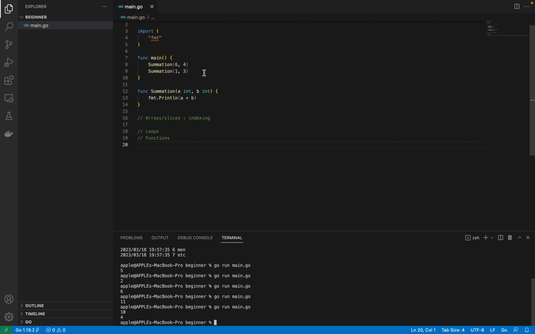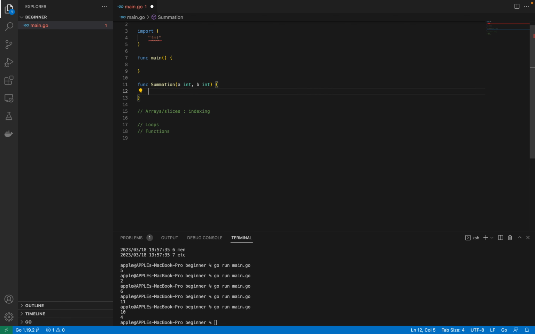Now let's talk about the return value of a function. Let's take this out. When you're talking about return value, you might not want to just print it out, because when you print it out you're basically not using the values for anything. So you might want to actually return whatever value you are getting. We all know, I've said it countless times, Golang is strongly typed, so you need to specify